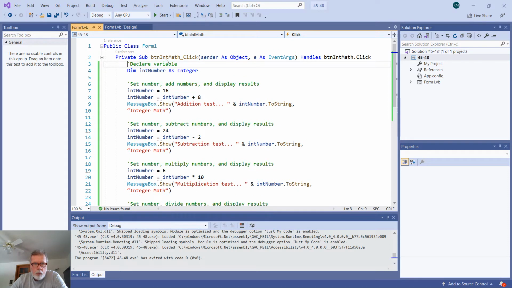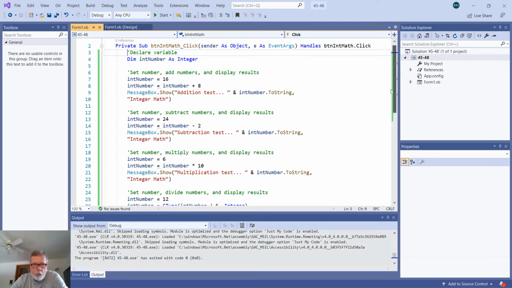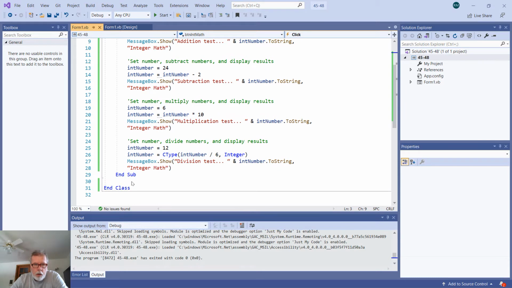And we're in the form. There's only one button, but it's form 1. And this button is the only button there is. See, there's a sub that starts here, ends here. Class ends here,